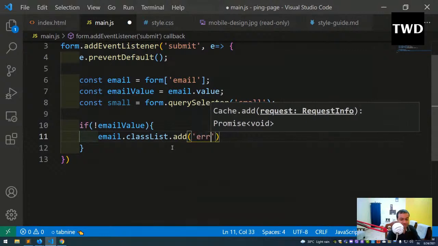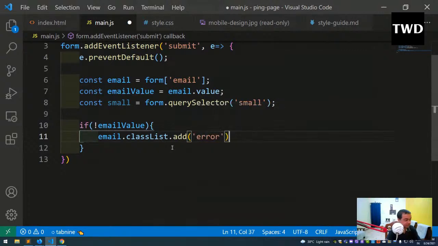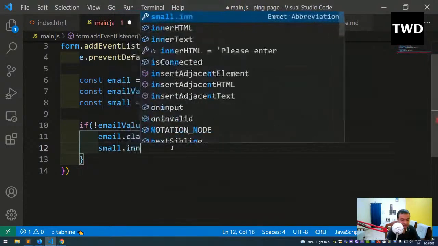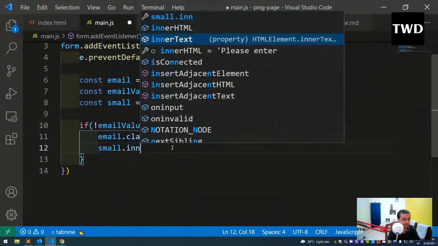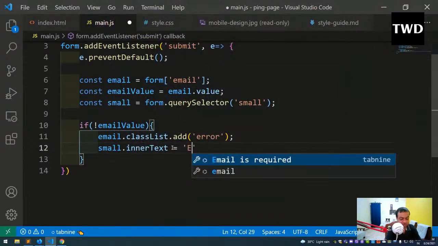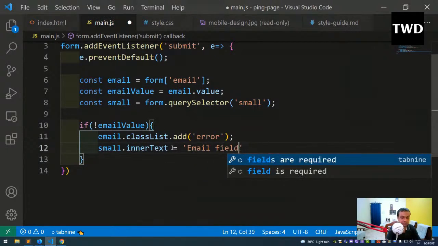So the error class now it will add. And also small.innerText equal to email field cannot be blank,